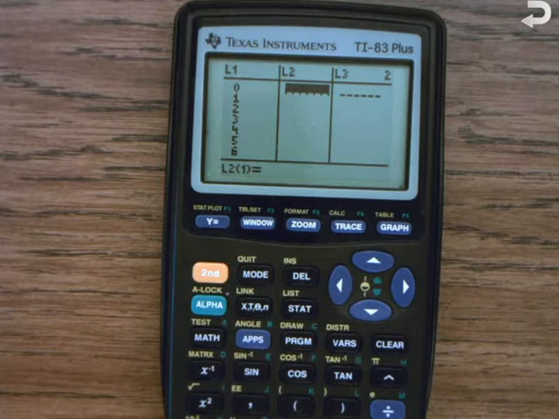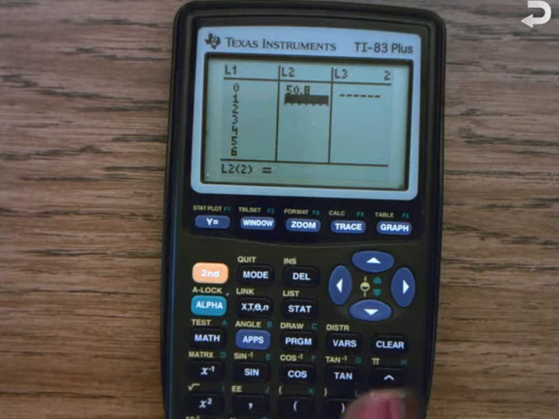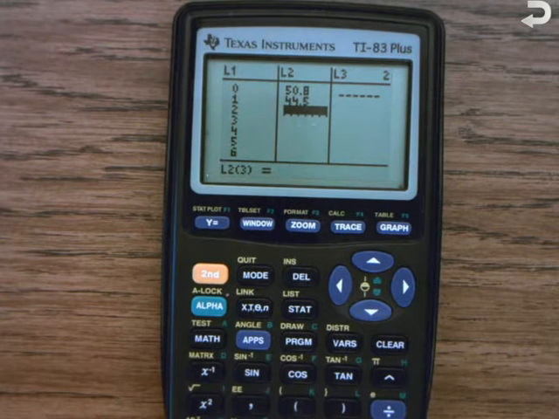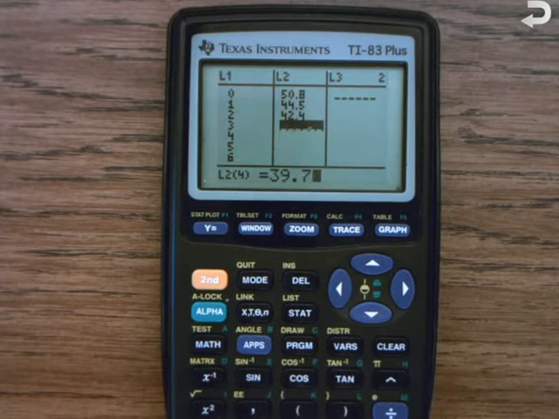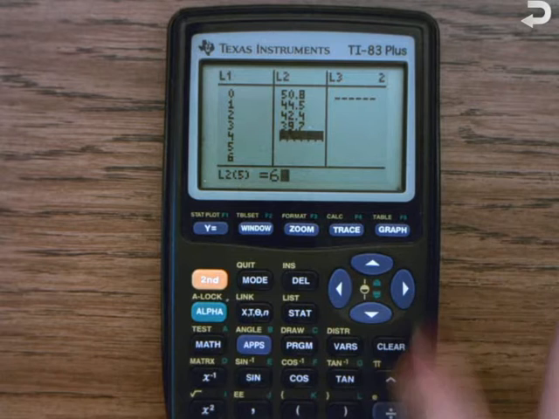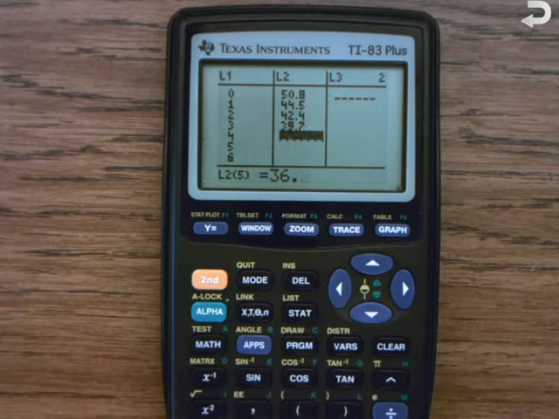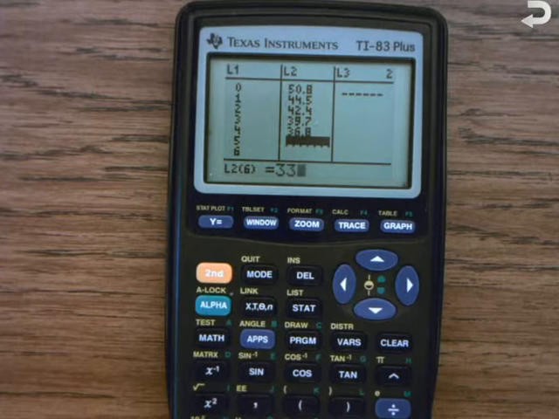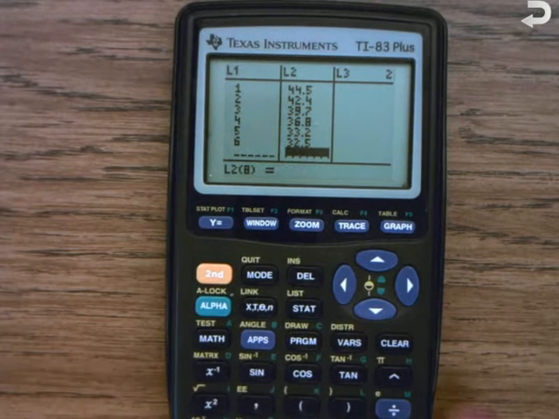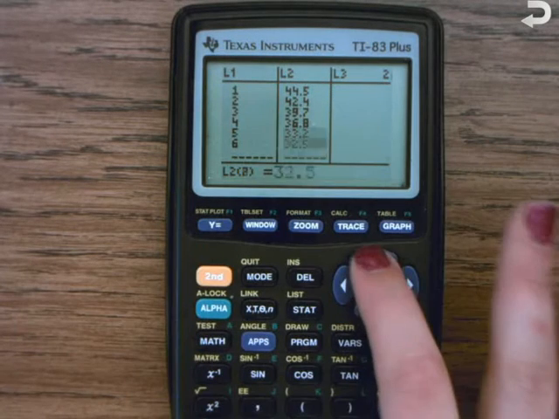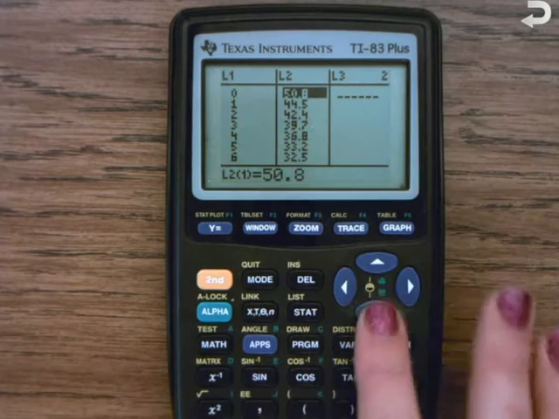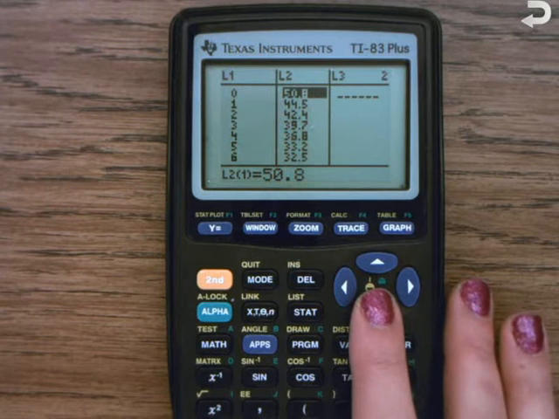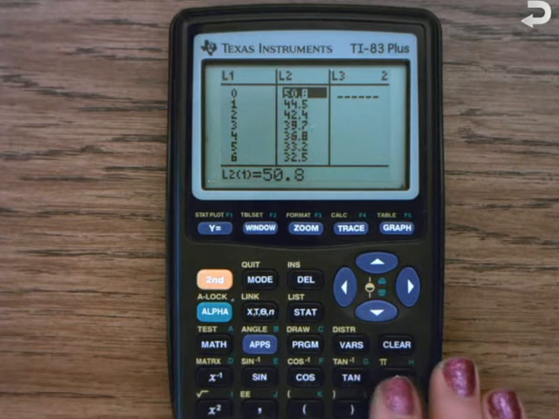So that's 50.8, 44.5, 42.4, 39.7, 36.8, 33.2, and 32.5. Okay, so make sure all of those are entered. So we should have, next to every independent quantity, 0 through 6, a dependent quantity right next to it, yes? Okay, so then we're going to press the second button